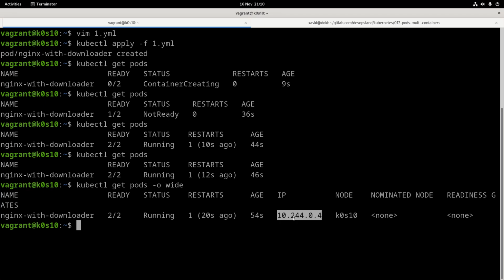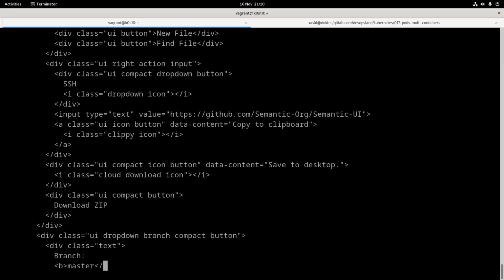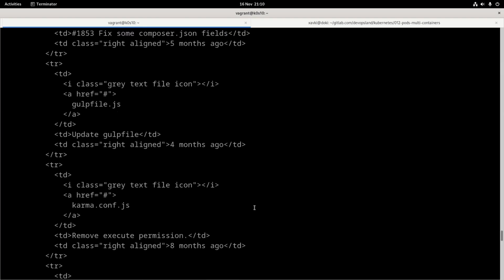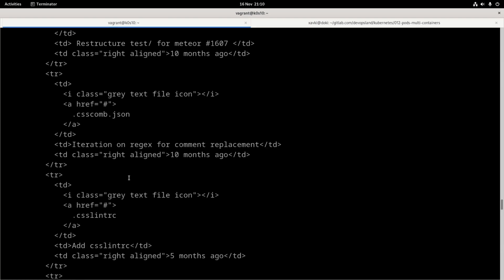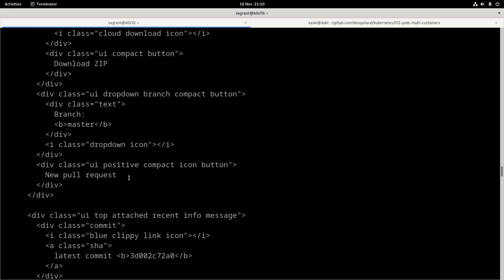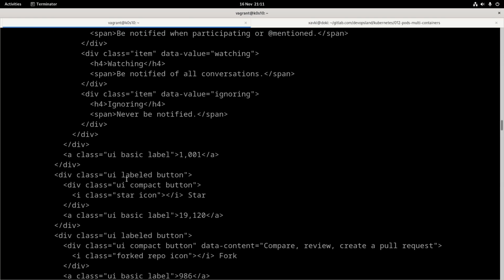So we can just copy the IP of this pod, and if we run the curl on it, we have, of course, a specific index.html response. So it's cool.